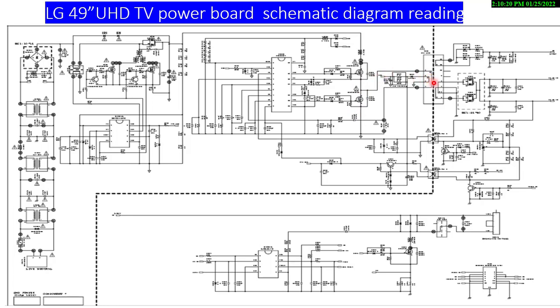So the function or application of this chopper transformer is to transfer the frequency from the primary side to the secondary side. In the secondary side we have a diode. This diode rectifies the incoming AC voltage from the transformer, and with the help of this capacitor as a filter, we will get 7.8 voltage at this point when our TV is in standby mode. So at the same time